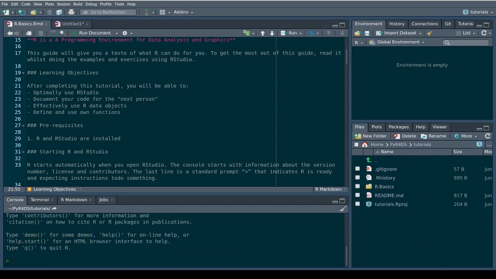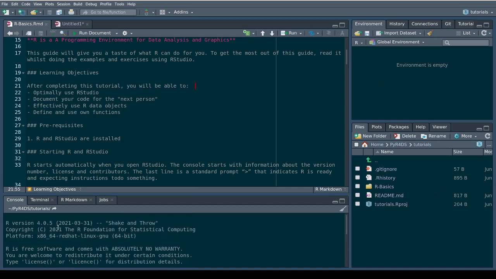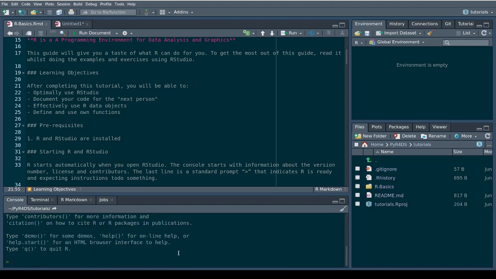This is the console. When you start RStudio, it will open an interface like this one, and it will open this console. The console here will have information about the R version, the license, and the contributors, and a few guide instructions on how to get started, including help and all that.